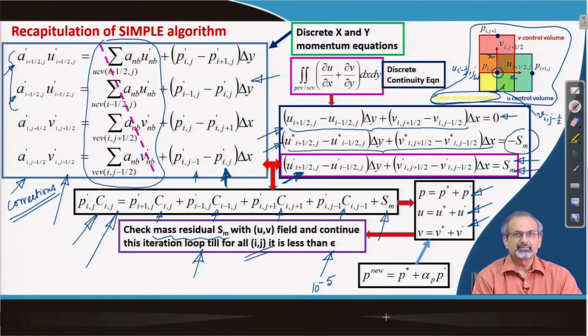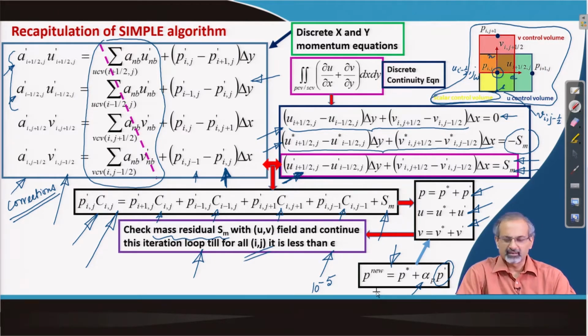And as you do all this, you may actually need to incorporate under relaxation. So, when you solve the pressure Poisson equation, because you have neglected the neighbor cell contributions, you may find difficulty in converging it. So, you make use of an under relaxation strategy. You do not add all of the P dash to P star, rather you use a coefficient alpha P for pressure as an under relaxation parameter, and that alpha varies anywhere between 0 and 1, of course. If you set 0 value, then of course, you do not add any portion of the P dash to P star, so you cannot change the pressure field. So, of course, it has to be non-zero, but it has to be below 1 depending on the convergence